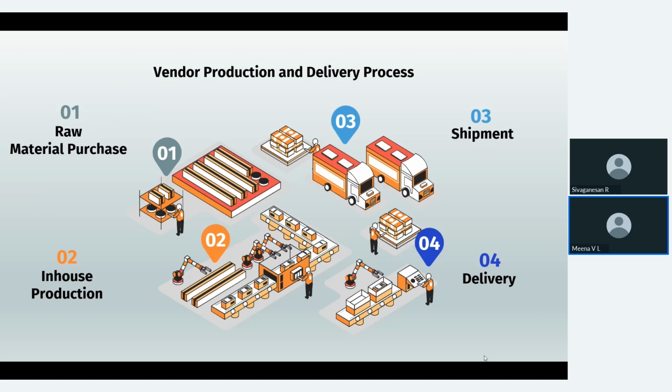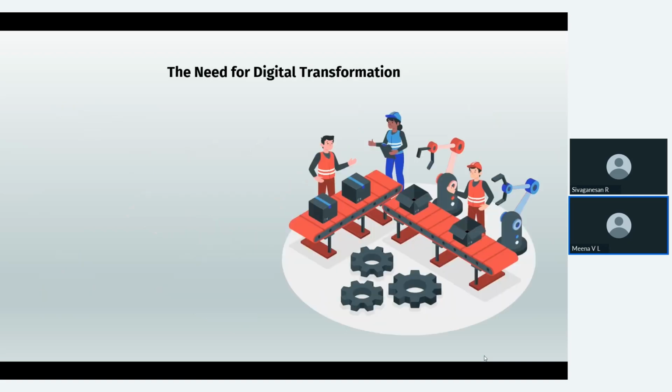So these are all the steps involved from order placement till delivery. But unless you receive your goods, you have no clue what is happening to the order that you have given, right? To understand any delays involved and the red flags that are about to arise, we need to transform, right?